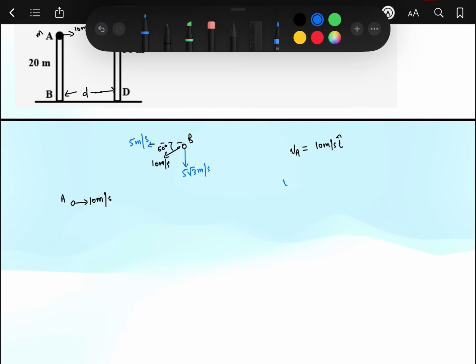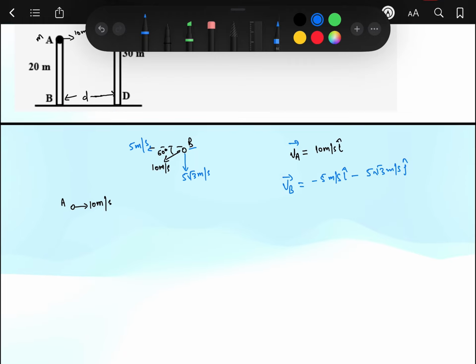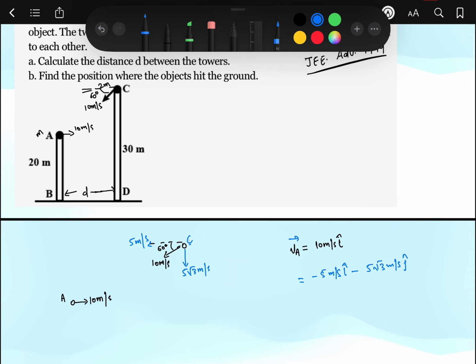So velocity of particle B with respect to ground will be equal to negative 5 meter per second i cap minus 5 root 3 meter per second j cap. Now if I observe this particle, sorry, this was particle C actually, now if I observe this particle C from particle A,